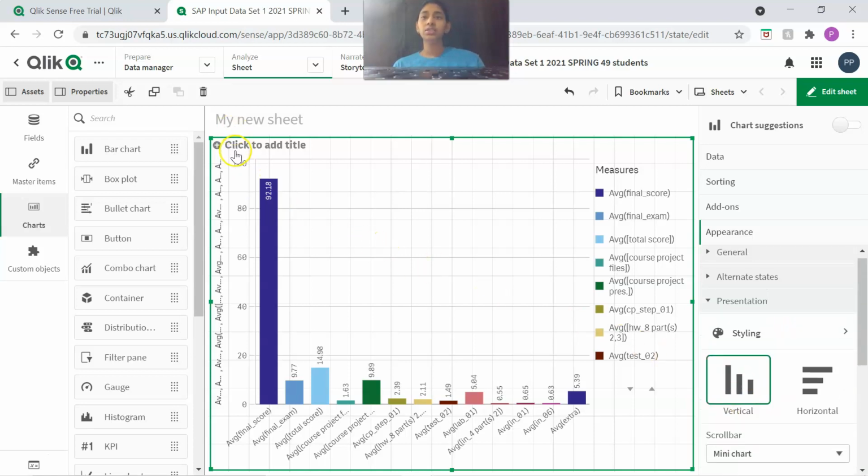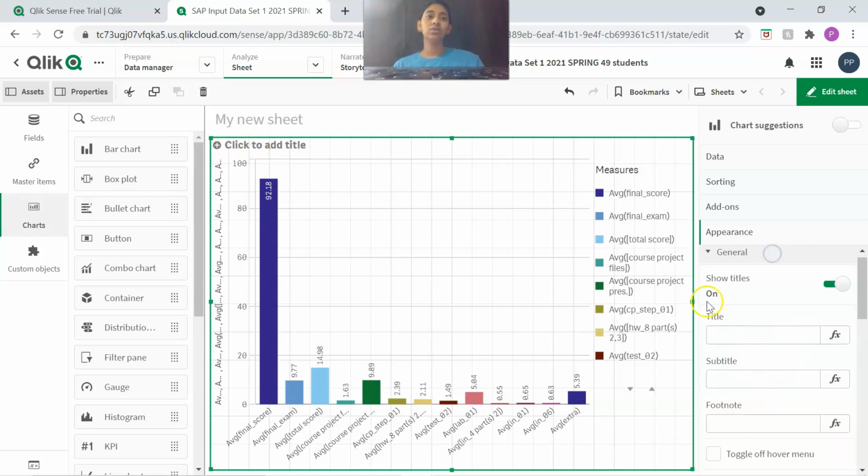And you can change the chart title. So to change the chart title, you can directly click on this, or you can go to the general and here enter the chart title. I will directly rename it here. So click on it and give the chart name.